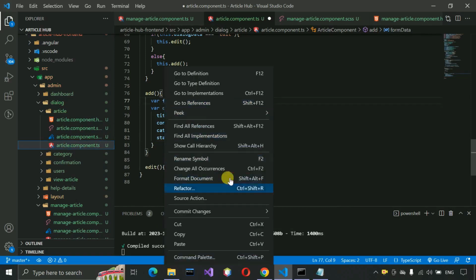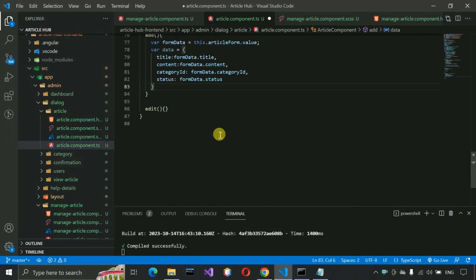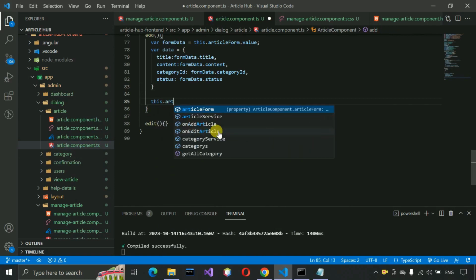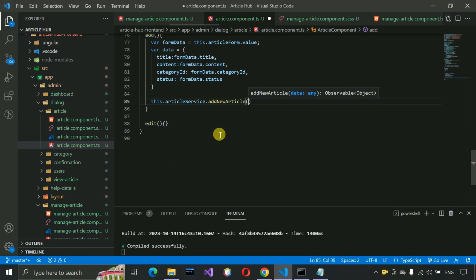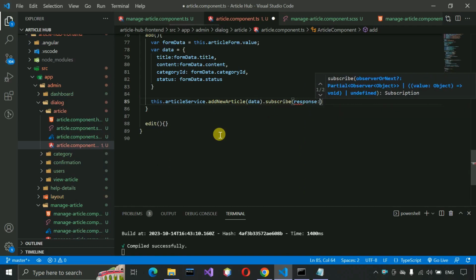Okay, after that scroll down, and here we have to write this.articleService.addNewArticle, and then we have to pass the data, and then subscribe, and then response any type. Okay, here we have to put one more parenthesis, and then we have to write like this. Okay, it should be one more bracket here,